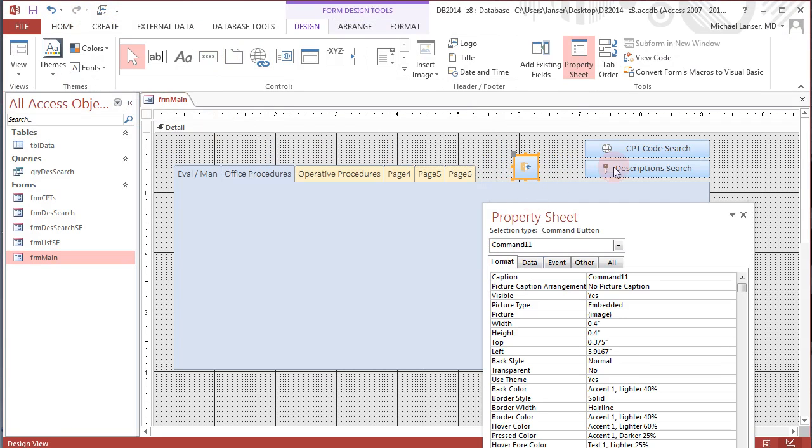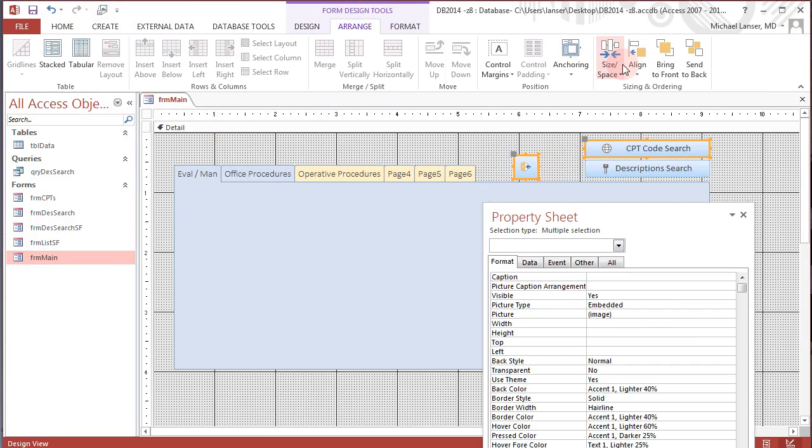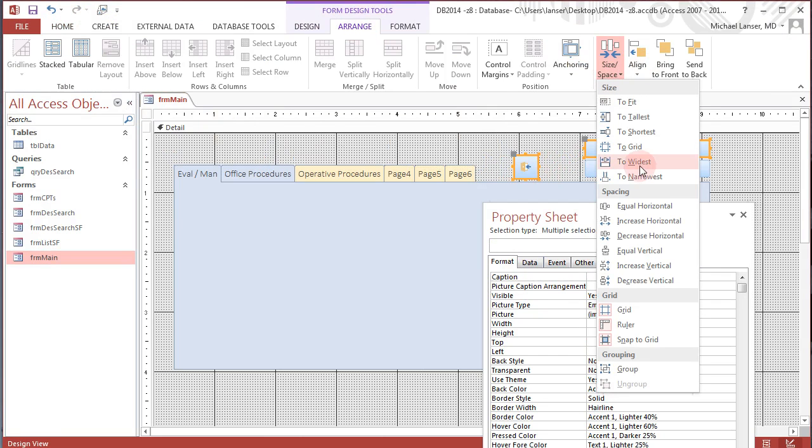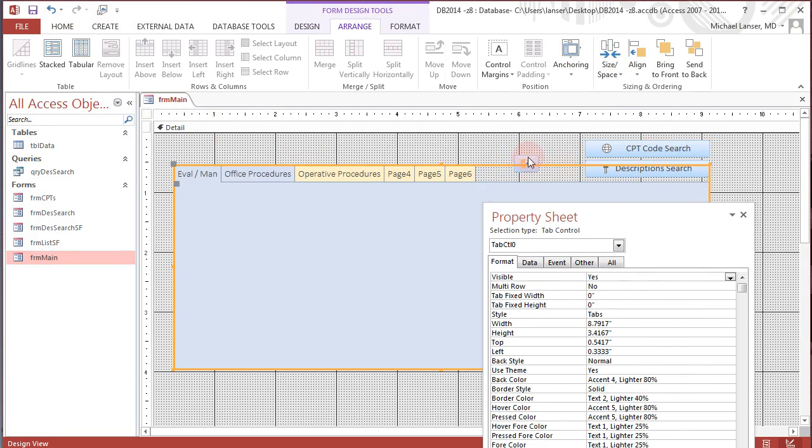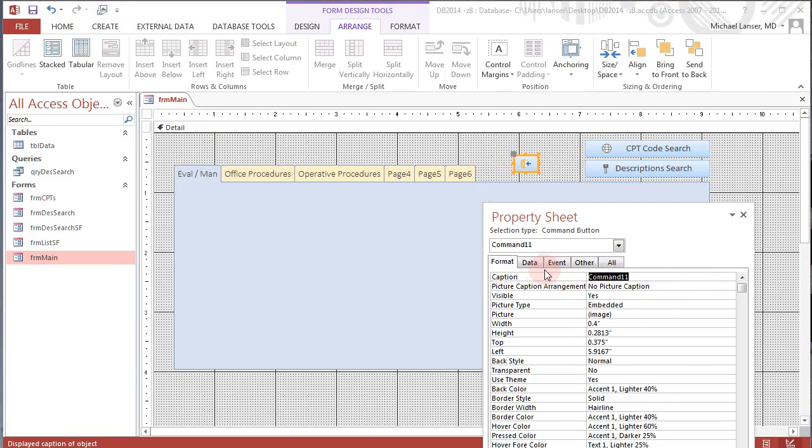Say yes, and shift, click here, and we can make it the same size as the other buttons, size and control to the shortest, and we can then put a caption on this, calling it exit, and we can put the image to the